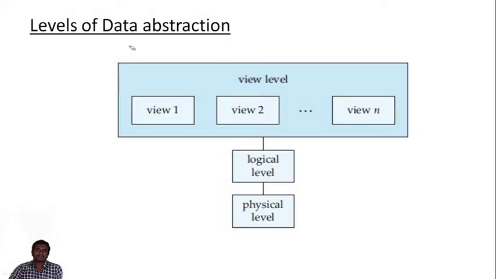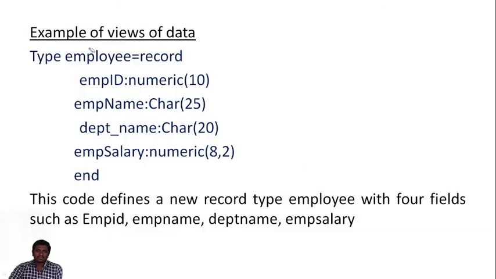The levels of data abstraction have a graphical representation: the physical level, the logical level, then the view level. It may be viewed by some other people. Here is an example of views of data. Here we can mention the separate